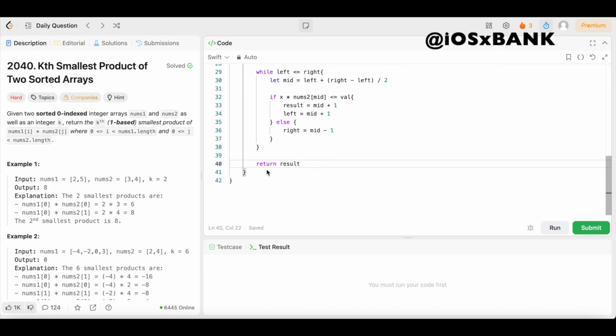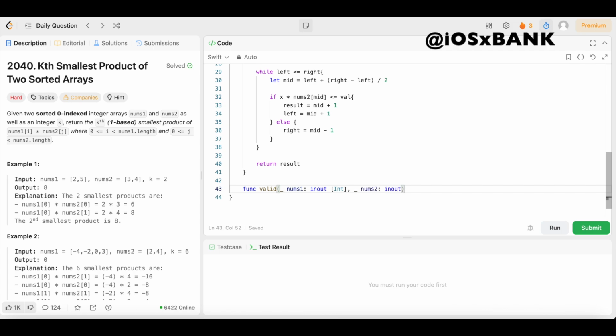Boom. Now we're not done yet. We have one more helper function, then we'll get into the main function. This one is going to check if there are at least k products less than or equal to mid. So for that, we could just say func, we could call this one valid. Open up the parentheses. We're going to say _nums1 colon, that's going to be inout, and it's going to be an array of integers. Come outside of that, comma. Then we're going to say _nums2